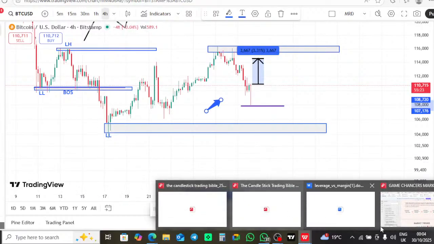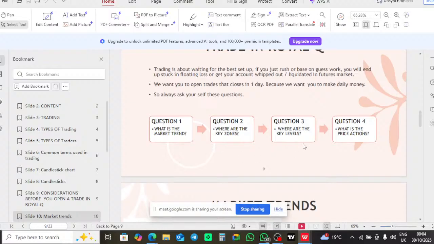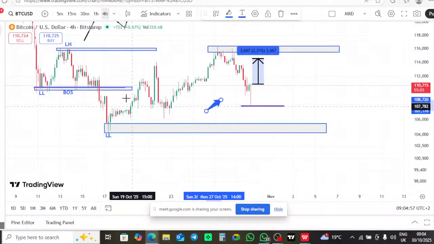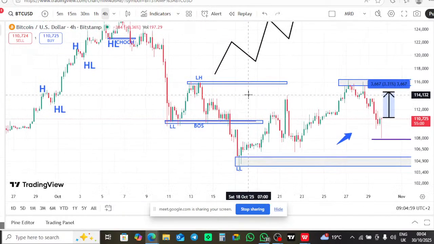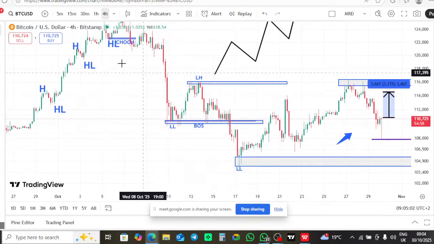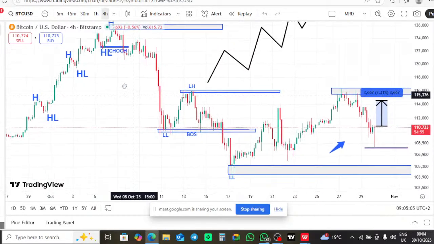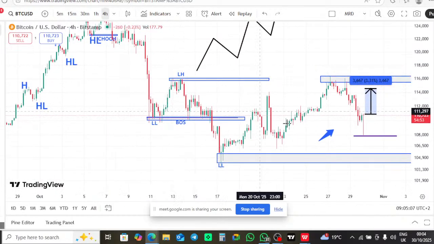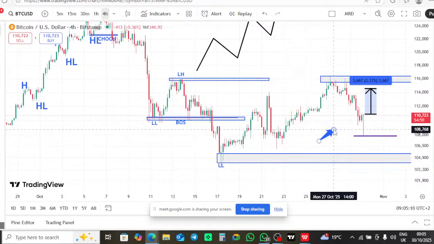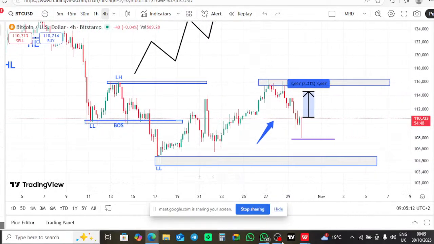If we talk about key levels, now here, where are the key levels? We have key zones and key levels. Are we together? Now we have what is the price action. If they talk about price action, we mean the breaking structure. These ones, BOS, change of character, that is price action. Are we together? The market is breaking resistance, it is breaking support, that is the price action.